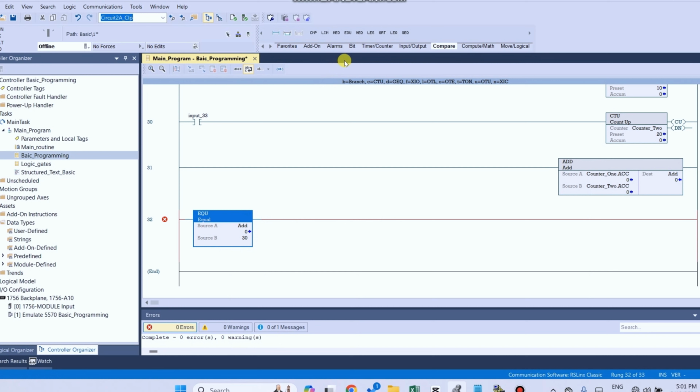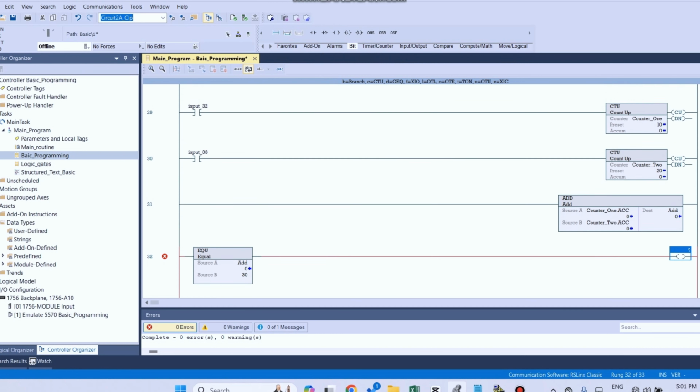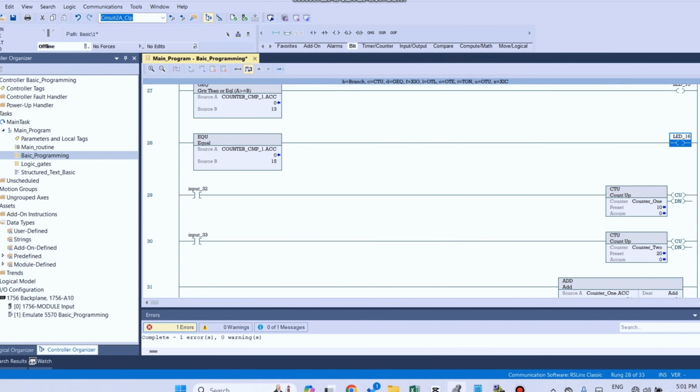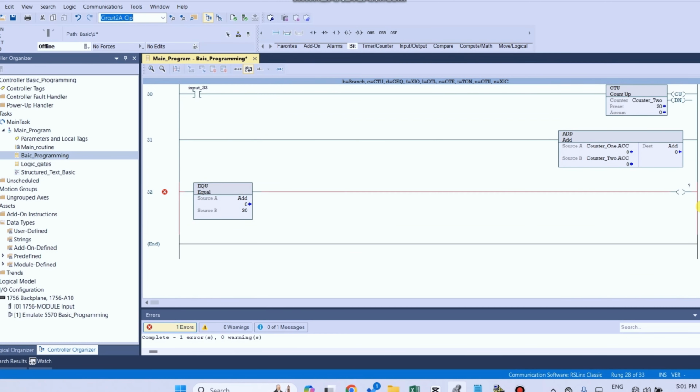If both counter values are equal to 30, then the output will be 1. So take one output, energize. Our last LED value is 16, so this is LED number 17.